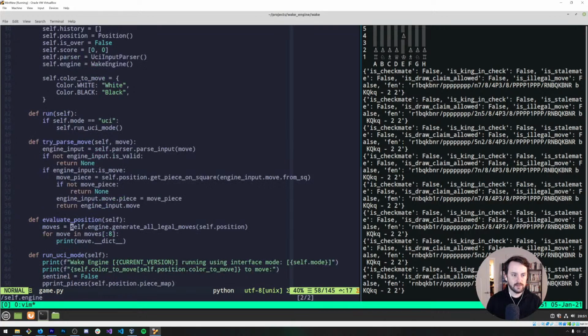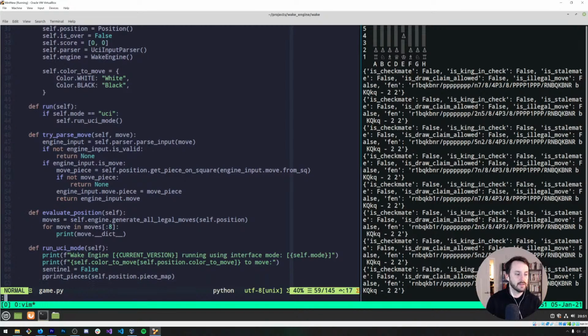Self.engine.generate all legal moves. So that's where evaluate position is coming in. The other thing I could do here is, rather than print every move, in engine, I wonder if I could